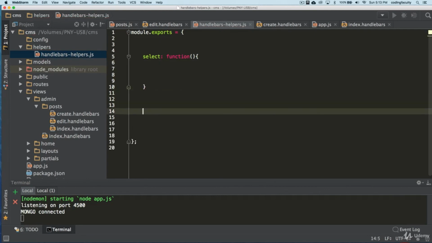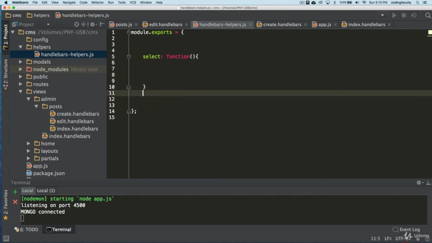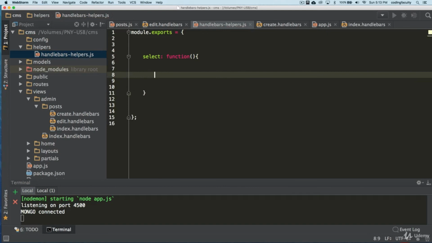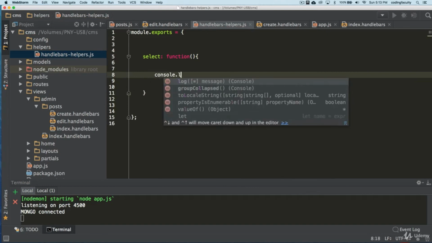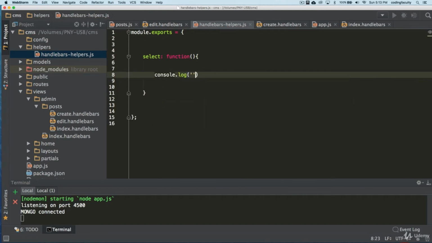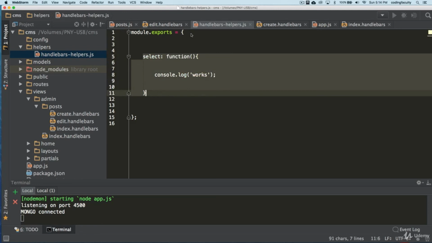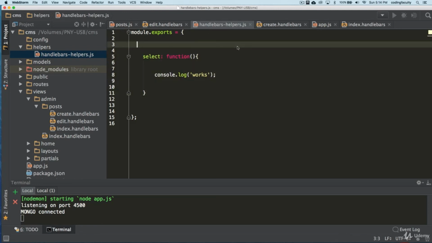Right now we're not passing any parameters or anything. I just want to show you that this works. I'm going to console log it works, so that way we know that it is working. So now I just created my helper function for handlebars.